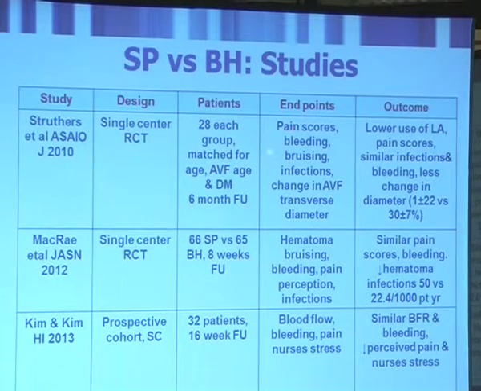Again, they looked at pain scores, bleeding, bruising, infections, change in AVF transverse diameter, which is a precursor for aneurysm formation. And what they found was lower use of local anesthesia in buttonhole, lower pain scores, similar infection rates, bleeding time, and significantly lower change in the transverse diameter, approximately 30% less. So again, this can be a significant marker that these patients would tend to have less wall defects, less aneurysm formation, less